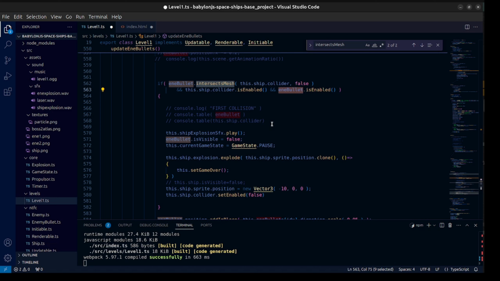and it will be disabled, right? I'm just disabling the entities, the colliders in this case, because I don't want them to collide outside the screen. If they are not enabled, then there may be issues, because sometimes there can be an intersection between them, and I don't want that. So at this point, I just added this as a security measure here. So with those changes, when I test the game again,